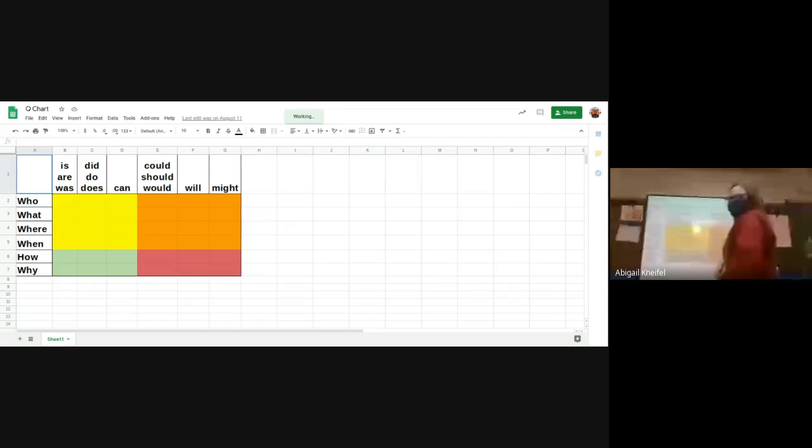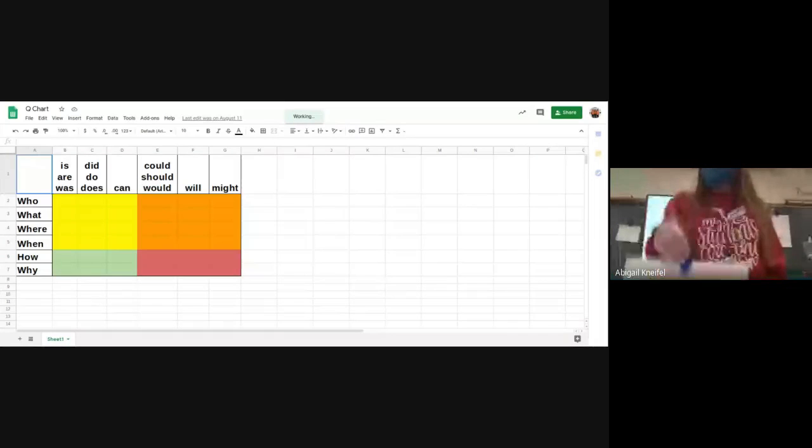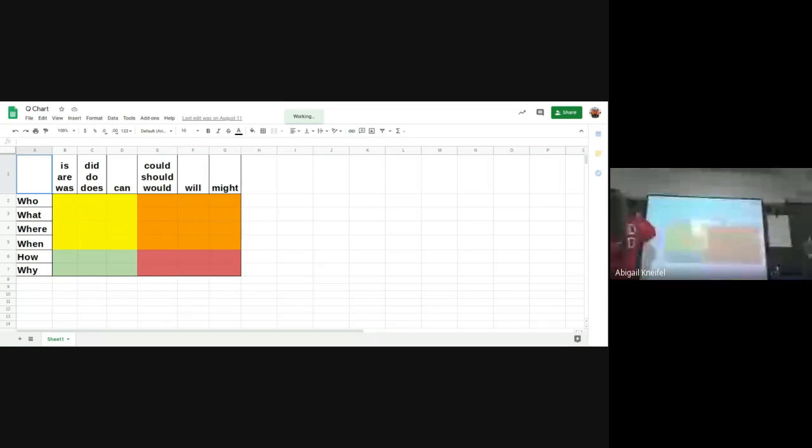All right, we're back. Anyways, Q chart. I also have a Q chart right here. Mrs. Kneifel loves the Q chart, okay? And we're going to start using this all the time. Not every day, but we're going to be using it all the time. And the Q chart, the Q stands for quadrant. There is a quadrant 1, which is yellow. Quadrant 2 is orange. Quadrant 3 is green. And quadrant